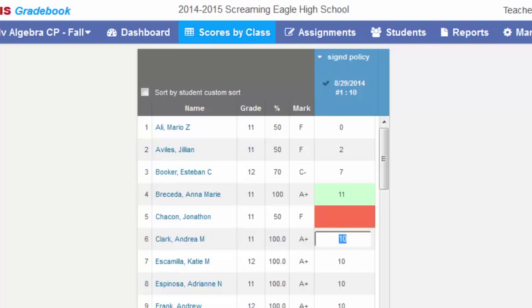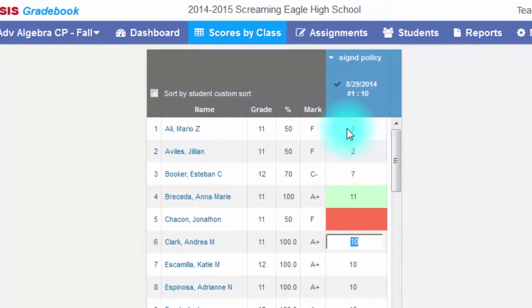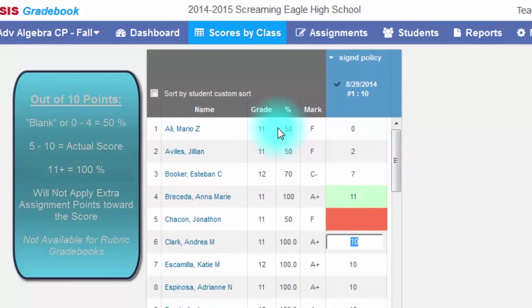If using the minimum maximum assignment values option, all scores will display as they were entered in the scores field, but the total percent column will calculate on the minimum or maximum value if the score goes below or above the set values. In this example,